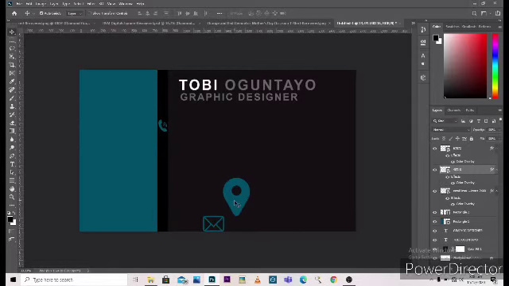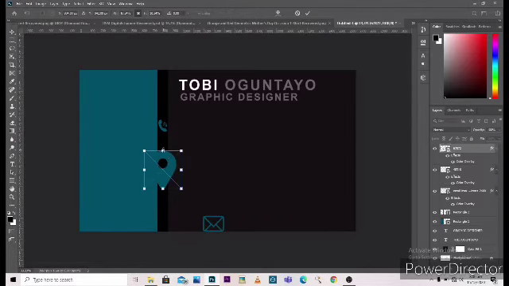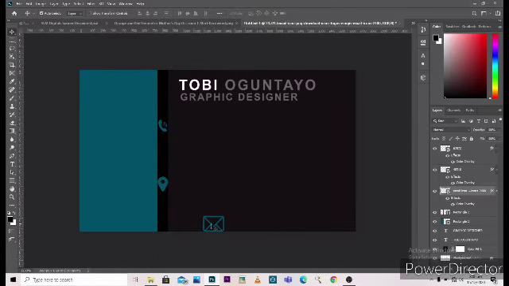Then go to the second icon, come over here. So you just go to edit, free transform, and there we have it. So shrink down. Okay. Now the email icon.